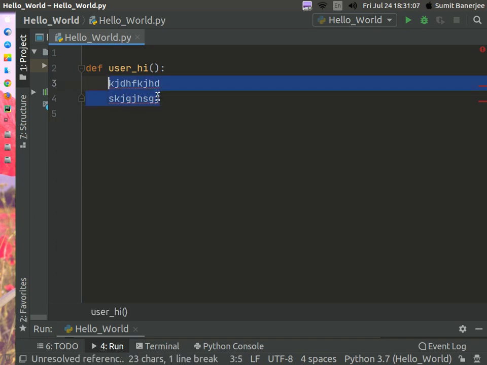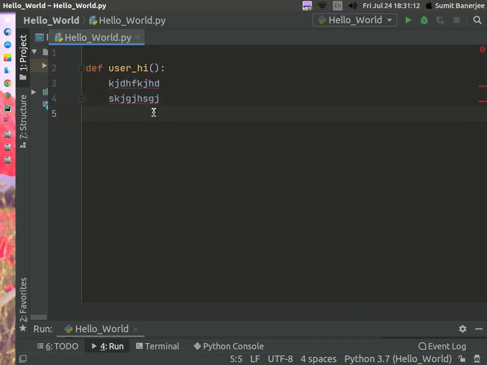So this is not code, basically it's just some text. But now when you don't indent it, it will not be considered inside the function. You can see this marker which will show what is in the function here. You can just close and open it, expand it.